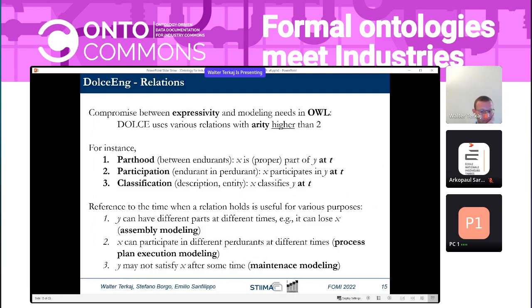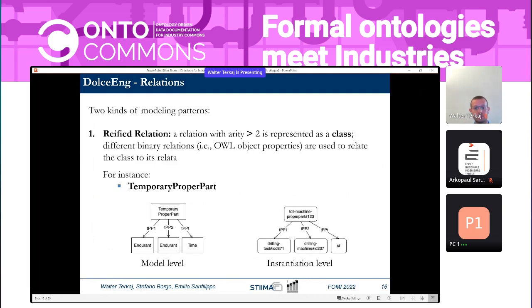For process plan execution, because you need to say, I'm using this resource in this process at this time. And for classification, because of course, maintenance teaches us that objects do not always satisfy the requirements that they should satisfy. Please, next slide. So in the knowledge engineering community, these kinds of problems are very, very